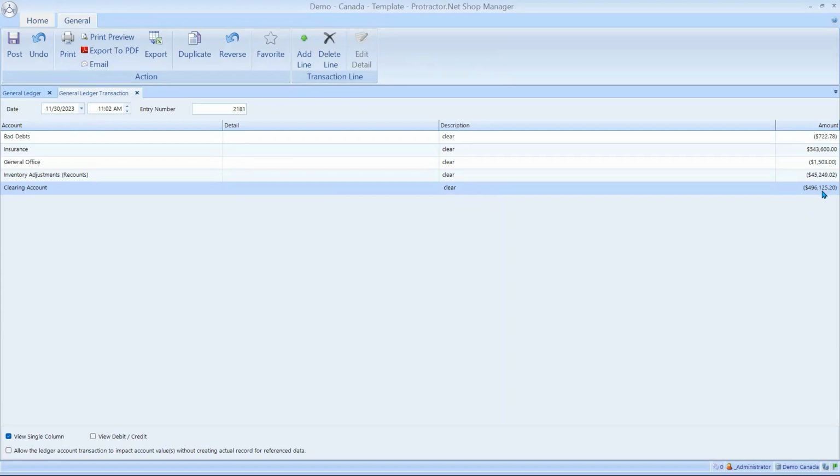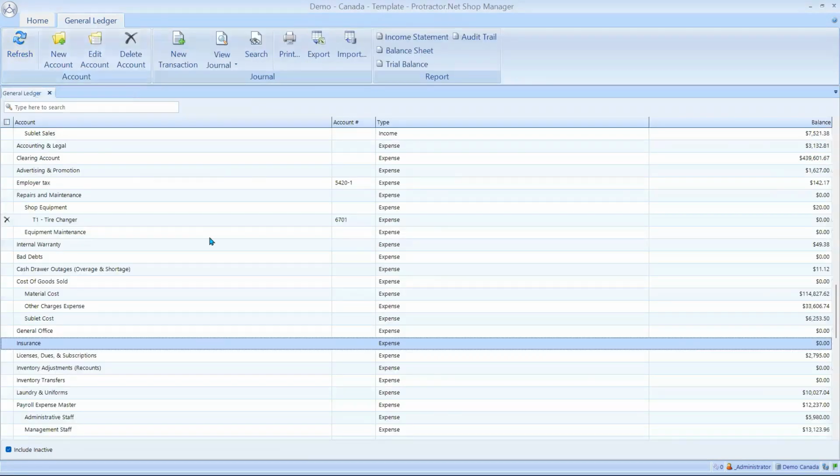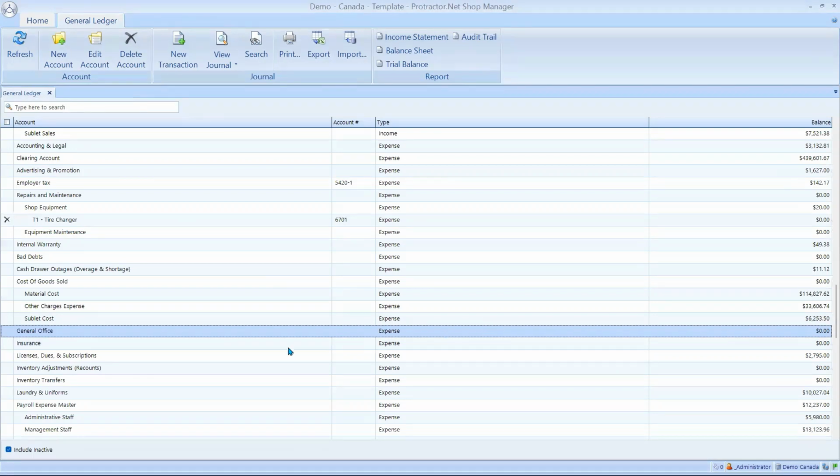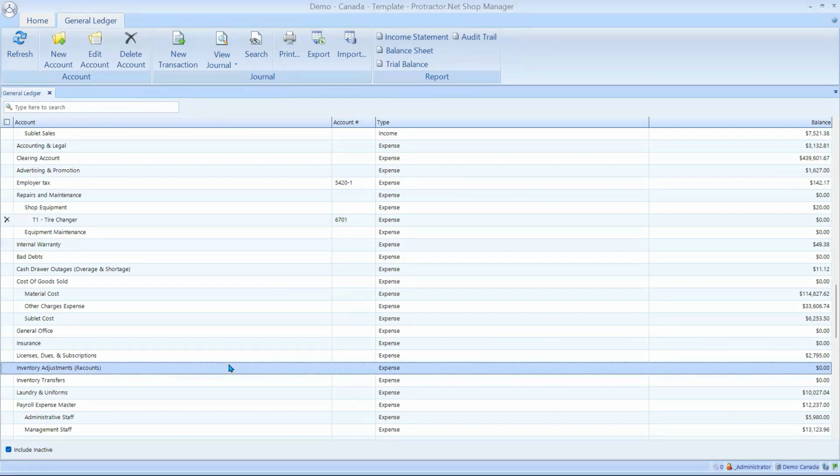It automatically puts in the offsetting balancing number. Post it, see what happens. So now that $500,000 insurance mistake is gone, our office is cleaned up, our inventory recounts are cleaned up. So again, all you're going to do is take your time, go through each one, make sure you get your adjustments in, zero stuff out. Now, when you're done and you feel pretty confident you got it in,